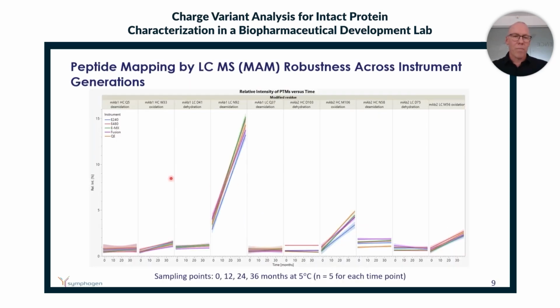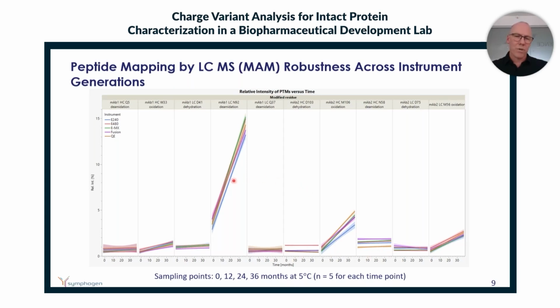If we're looking at peptide mapping, here each column is a quality attribute. For instance, the first one is a deamidation at glutamine 5 on the heavy chain. And here we did over 5 instrument generations. You can see the instruments here. And again, the take-home message is that the trends we are seeing are quite similar between the